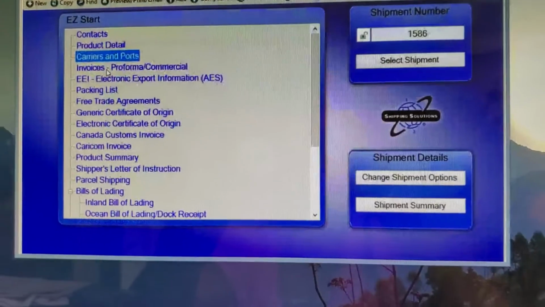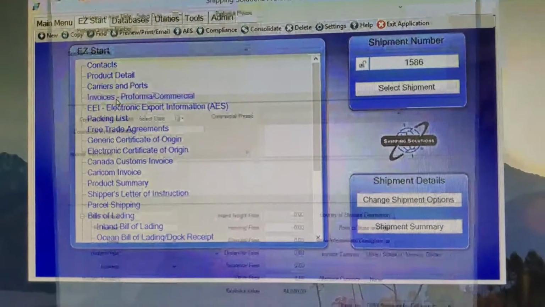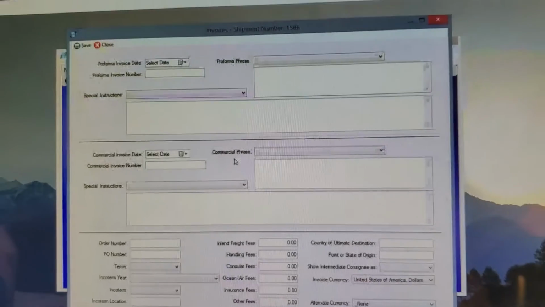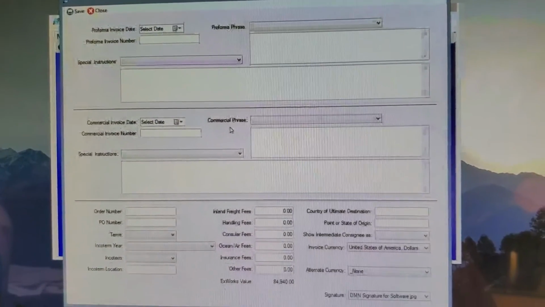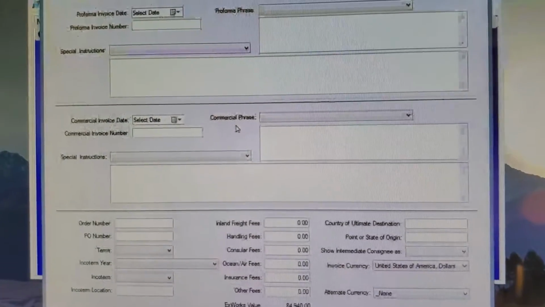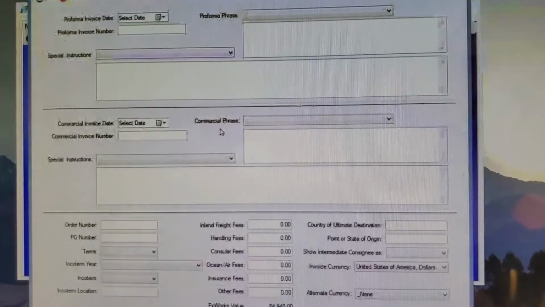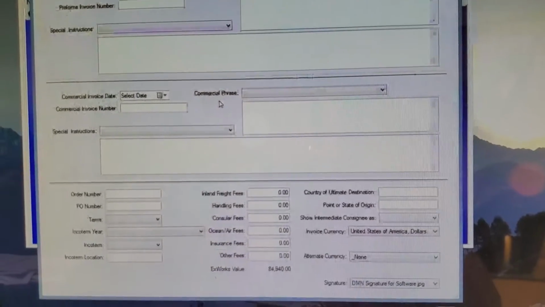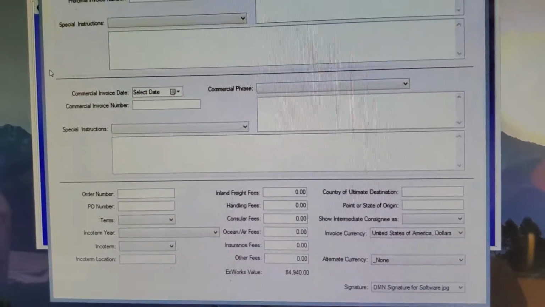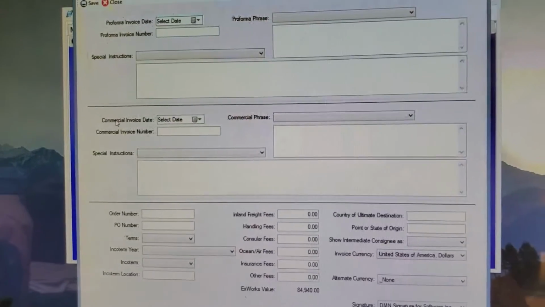Invoices. So of course your commercial invoice is kind of your standard document going to accompany any shipment. This section up here is for a pro forma if you need that. This middle section is for the commercial invoice, and this bottom section is information common to both documents. So if you needed to create the invoice, and again, all this data could be coming from your ERP, but